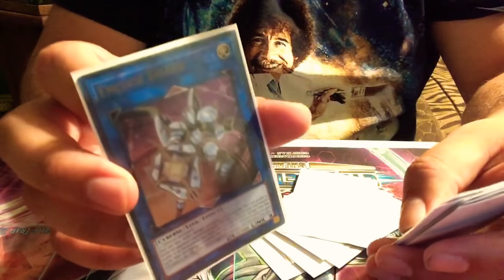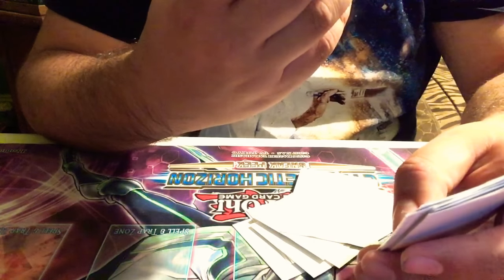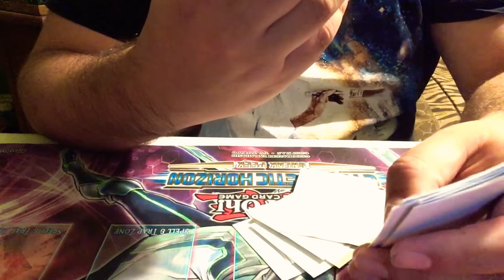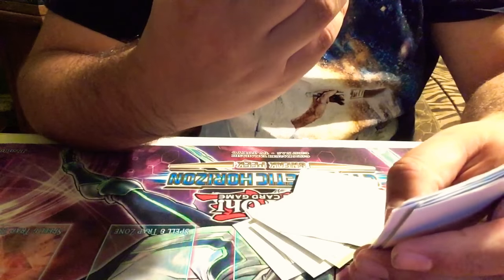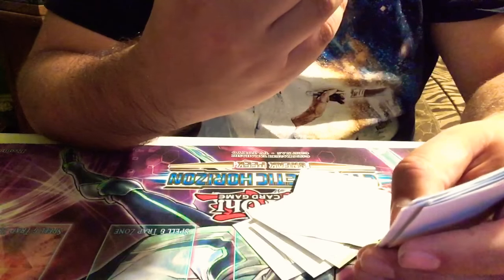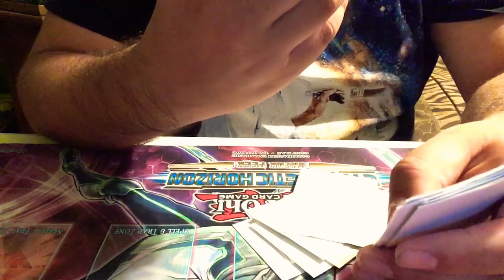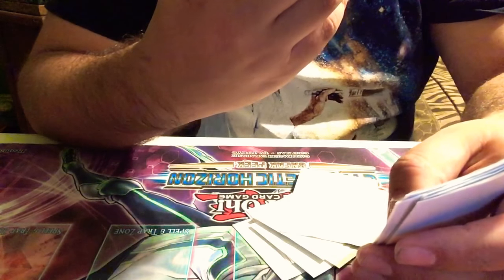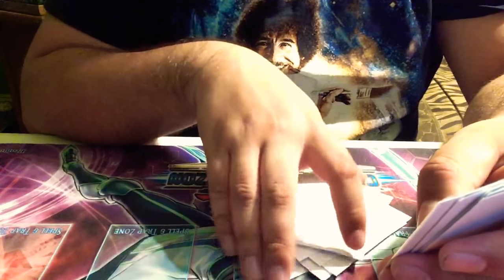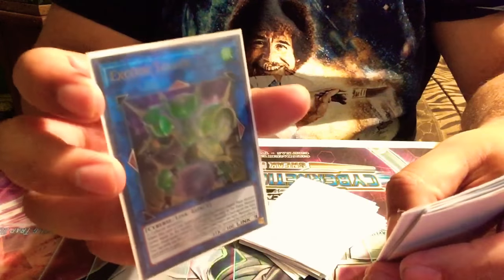We have one Encode Talker, who I don't really use too often, but once per turn before damage calculation, if a monster this card points to battles an opponent's monster with higher attack, that monster can't be destroyed by battle. Also, you take no battle damage from that battle. After the damage calculation, this card or one monster it points to gains attack equal to the attack of the battled opponent's monster until the end phase. So that guy is just a defense. Up next, I have one Xcode Talker,